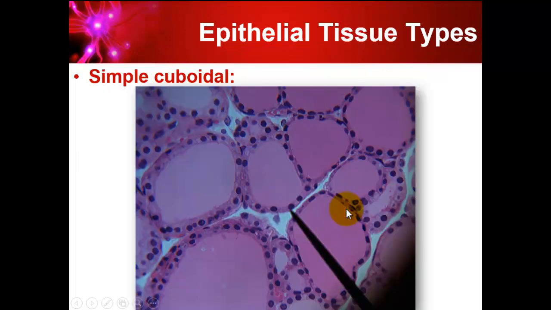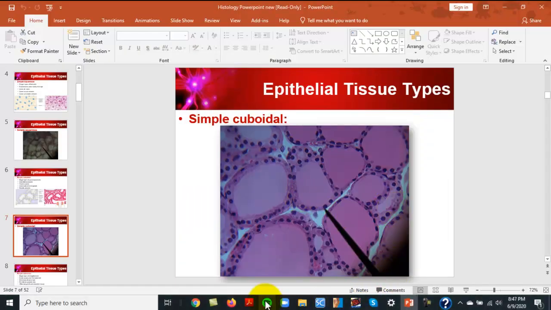And so here's the actual picture. Great, that's a cool picture from our lab. So don't worry about this pink in the middle. We're just talking about this ring of cells that goes around this follicle structure. And they are cube shaped. The purple would be the nucleus. Some look more cube-shaped than others. But just to go back,